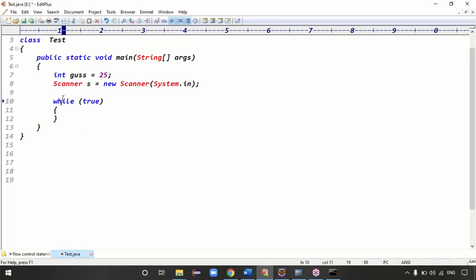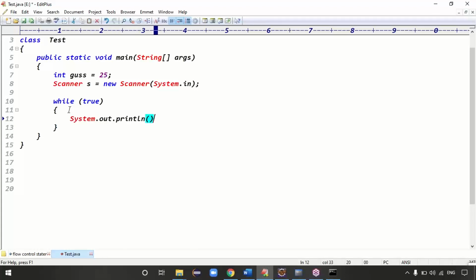First of all, I can write while(true), guys. While(true) means what? The loop is repeated how many times here? The condition is infinite times, right? Because we don't know how many times to repeat. If we don't know how many times to repeat, we can simply take while(true). Exactly, you can take while(true). Then here you can take the